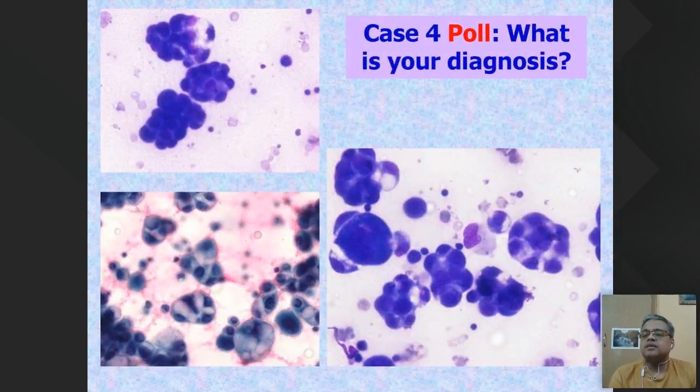So here let us start a poll. This is case 4. And in this poll, you can give your answer. What do you think is the diagnosis here? So here we have a group of cells which are present. This group is having